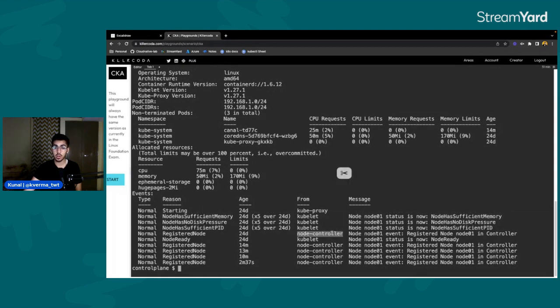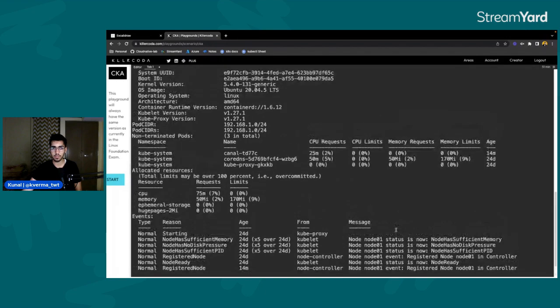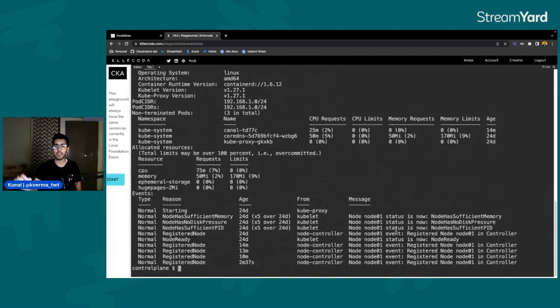You also have the node controller from the controller manager. It is also running and monitoring the node. You can see it is registered with node 1 in the Kube controller manager, as I mentioned, the node controller, which monitors your node state. So that is running. You have Kubelet, and the node controller is running as well. And right now we don't have any containers running inside this particular node, because we don't have any pod running.